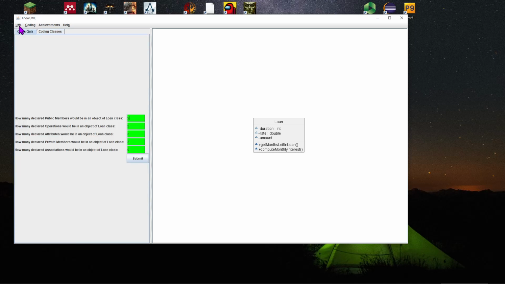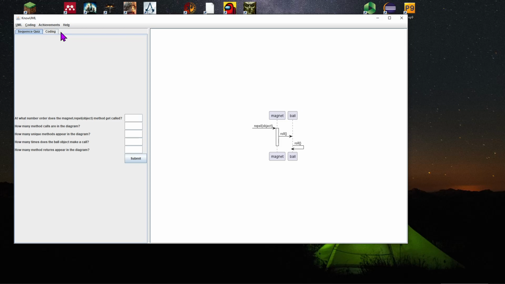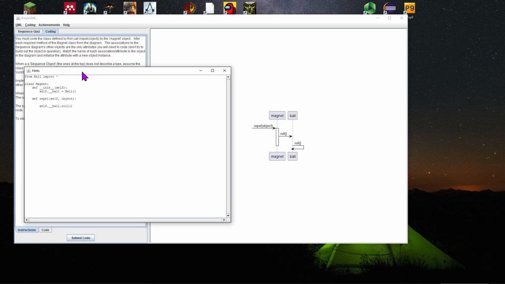All right, so then there's also sequence diagrams, and sequence diagrams basically show how different objects call each other. And the sequence diagram, again, you can answer questions about them. I'll leave that to another video to describe it. And you can write code about them, so I can actually get an example of all the code that would happen for this. And so now you can see in the sequence diagram, we're actually only being asked to write